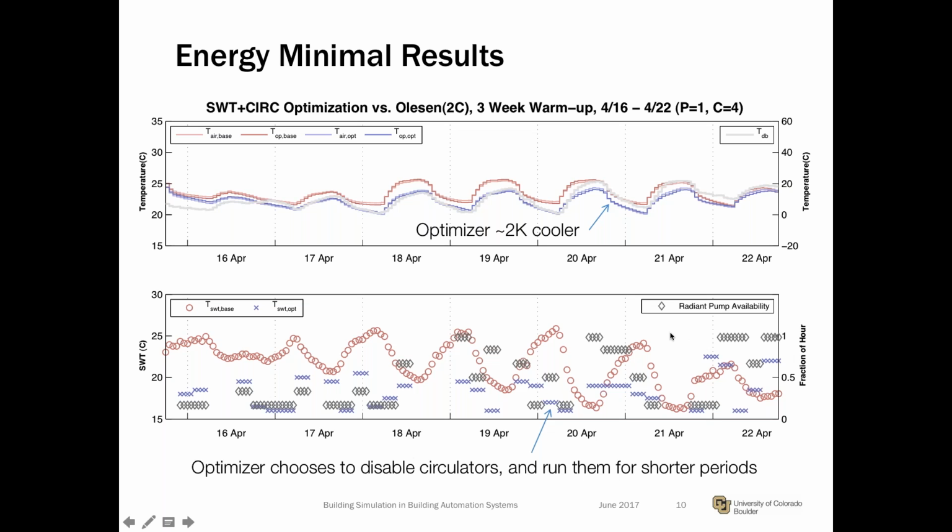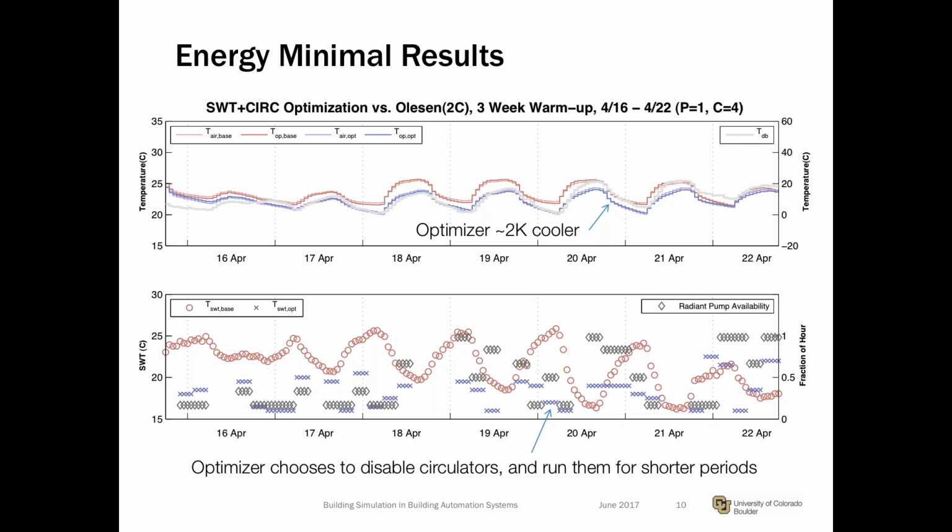And furthermore, the optimizer has control of the circulators, the pumps, and those are being turned off and on. And there are certain times when they're not running at all. So it recognizes that this pulsed operation might be useful. The height of the pump here indicates what fraction of the hour the pump is running. It may be 10 minutes out of the hour, it may be 60 minutes out of the hour, but you can see that the optimizer is very sparing in the use of the pump as well as hot water in